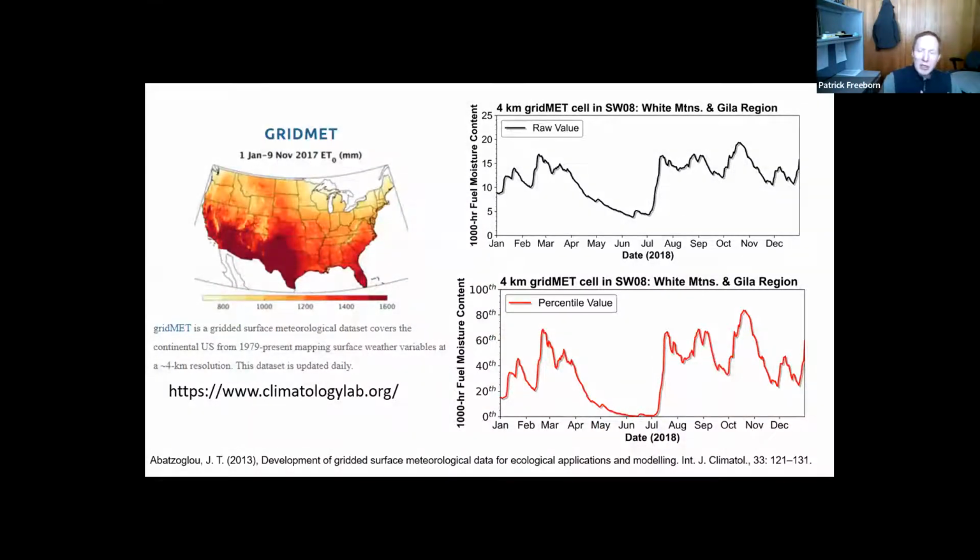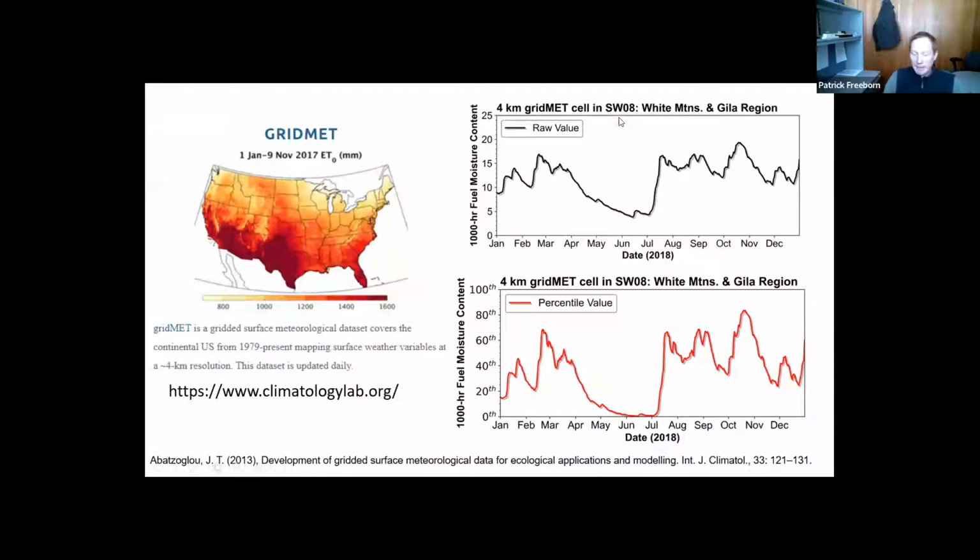So to characterize fuel condition, we spatially and temporally intersected the active fire pixels with a 4-kilometer grid climatology of 1,000-hour fuel moistures derived from GridMET. 1,000-hour fuels have diameters ranging from 3 inches to 8 inches. And so they respond very slowly to changes in atmospheric moisture, shown here on the upper right. And so what we used those for was to capture these low frequency oscillating seasonality of the fuel moistures.